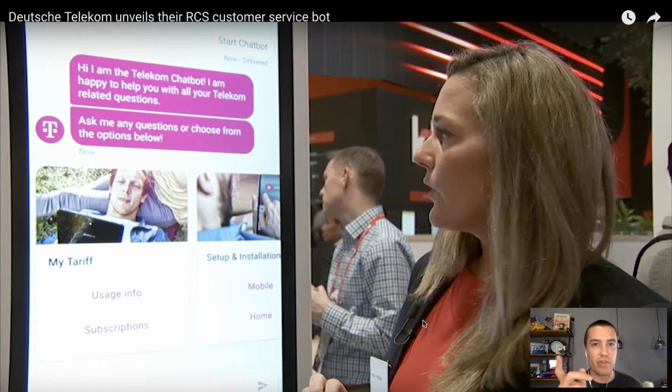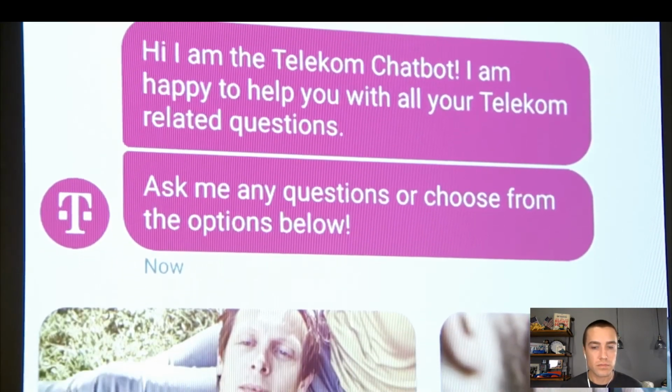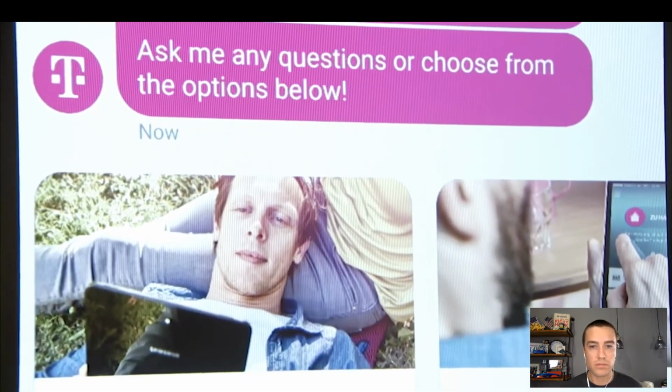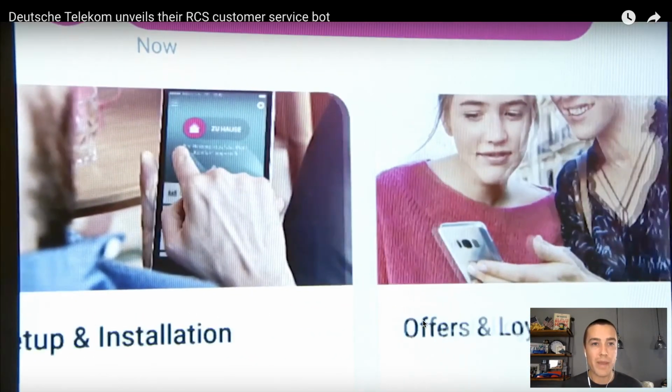This one is just very, very simple, scrolling to the left to see all these different RCS carousels. Hopefully she'll do this in that demo. For example, a customer can inform himself about tariffs, how to set up the devices. Okay, there she goes. See, she's swiping left, and that's